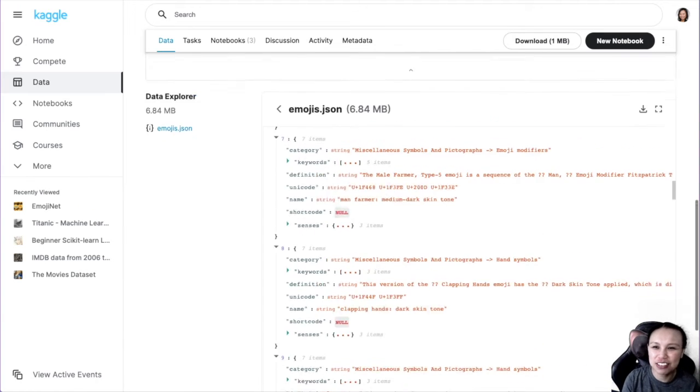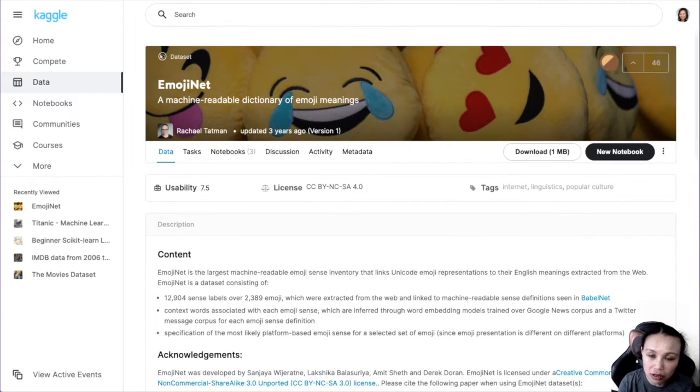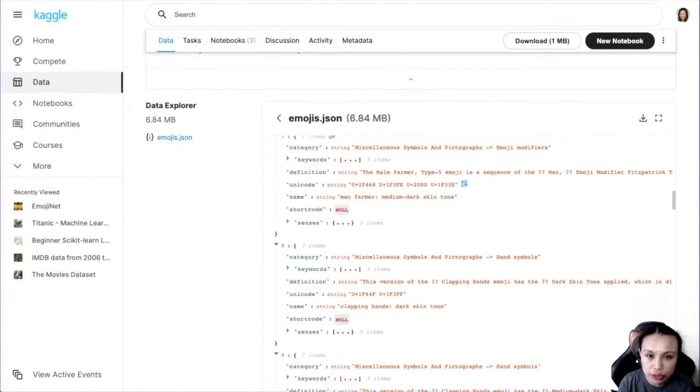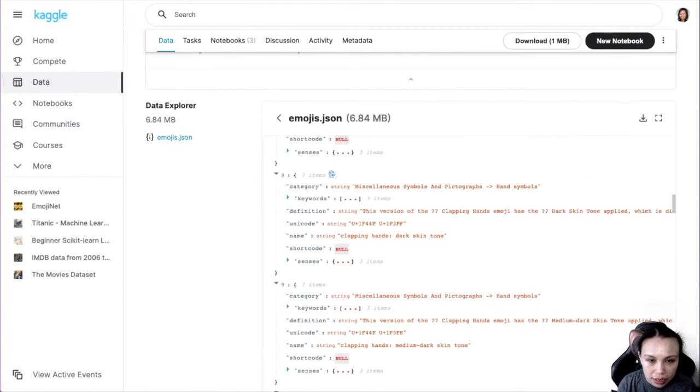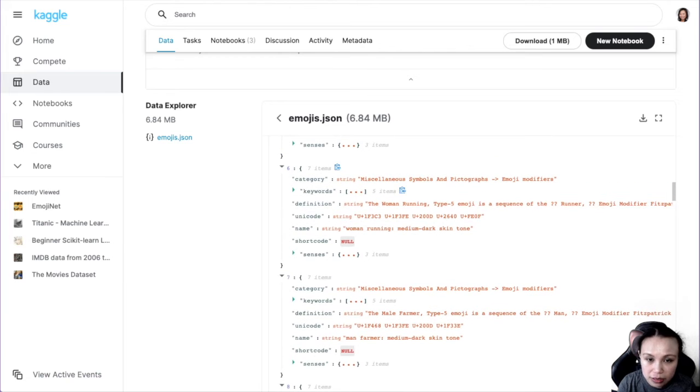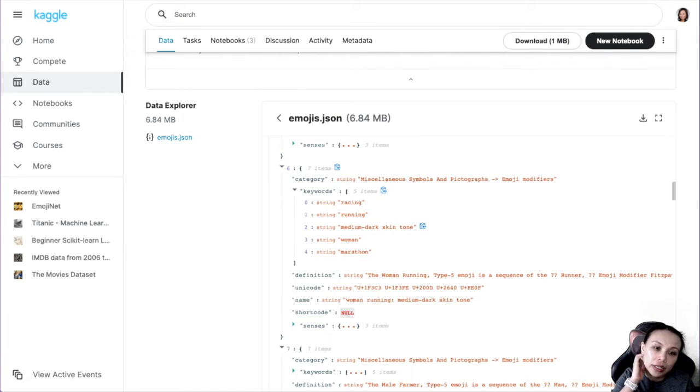This is a new dataset that I found on Google Kaggle. It's called EmojiNet, a huge JSON file that contains all the emojis, how to categorize them, and all the keywords. These keywords would be useful because they're human-labeled sentiment rather than just the name, which could help a little bit.